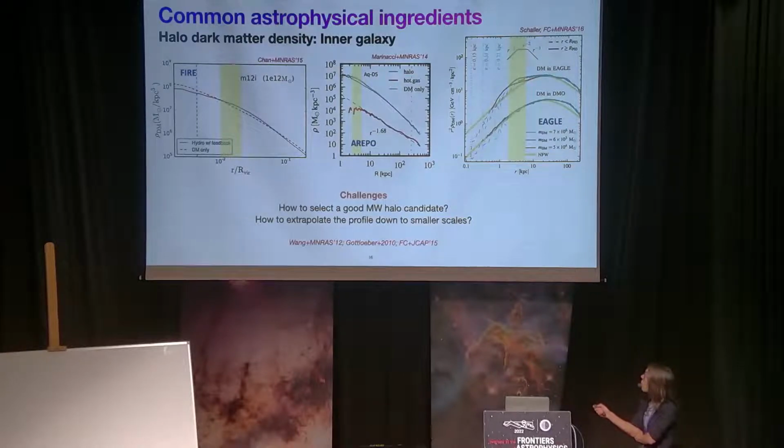You have to select only Milky Way-like halos, so with a mass which is consistent with the dynamical mass measurements of our own Milky Way, and then you have to find a way to extrapolate at a small scale, and this is the big challenge. So, long story short, we have large systematic uncertainties when we want to look, for example, for dark matter towards the